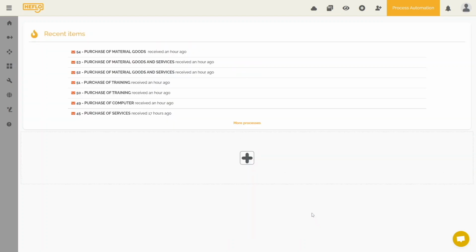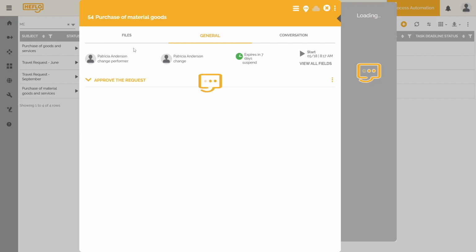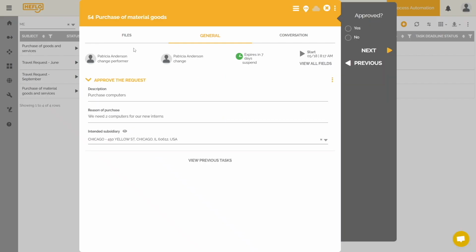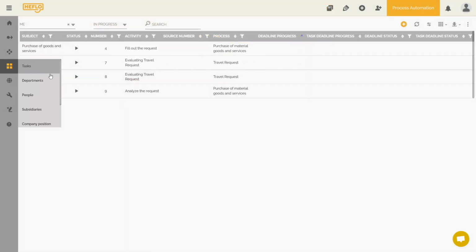Now, I have a preview of the widget here. To take your user directly to the work item, all they have to do is click on one of the items. It is a way for you to provide quick access to your user who acts in this process. Each time we create a new page in Airflow, it is available here in the menu. Let's go back to our dashboard.